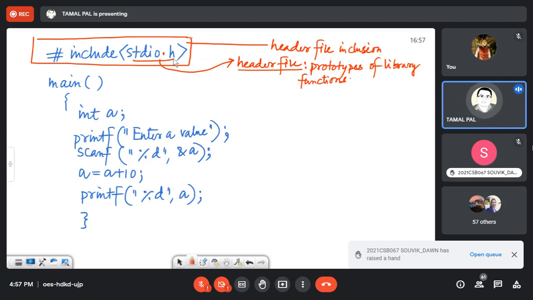There are many other header files. In our C program we use some library functions. That means the function is already available in C, we don't need to define it, we can directly use that function. You cannot understand library functions properly right now. So for using library functions, you need to include the appropriate header file. Here it is stdio.h.